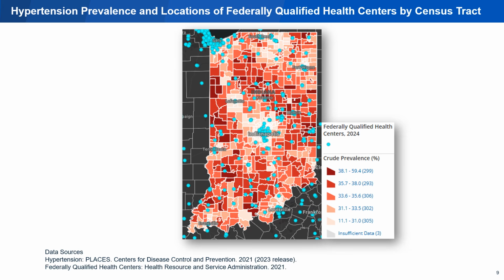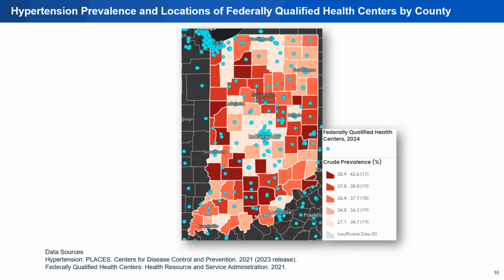With the Atlas, you can see the locations of federally qualified health centers, or FQHCs, shown as light blue circles, together with the geographic pattern of hypertension prevalence. With this map, we can identify the areas with high prevalence of hypertension but little proximity to FQHCs. These data can be mapped both at the census tract and county levels. We can see that even at the county level, there are entire counties with the highest prevalence of hypertension but